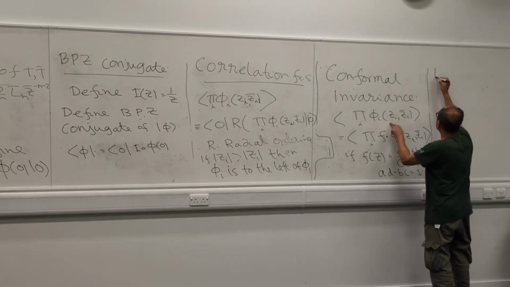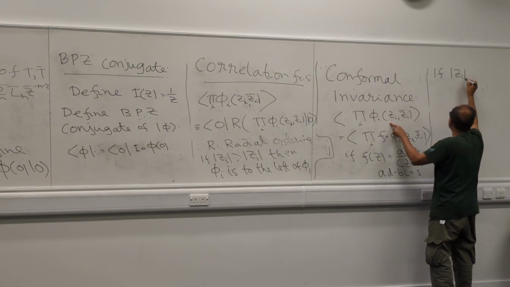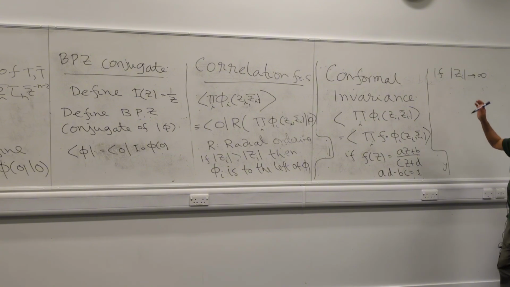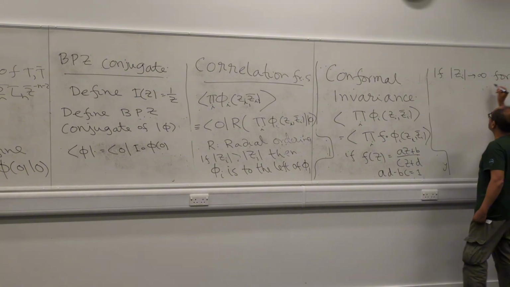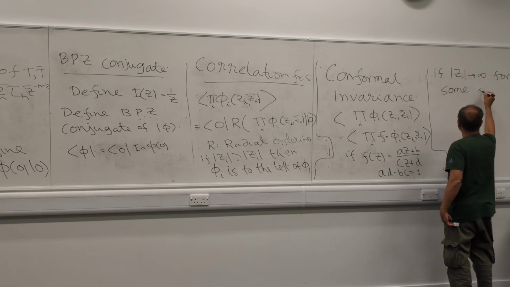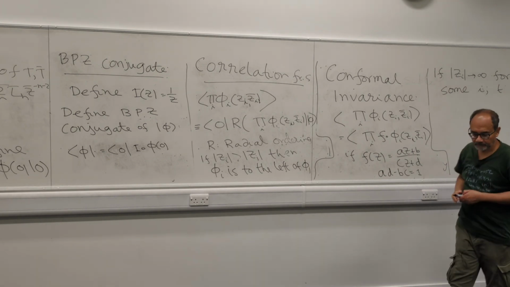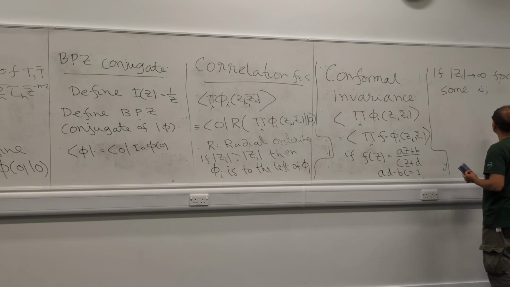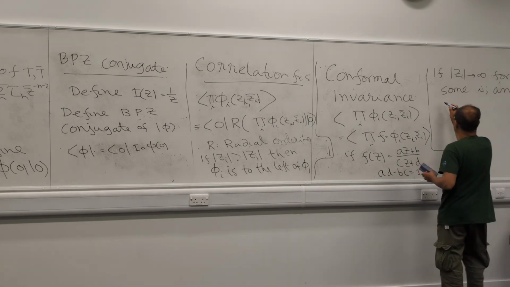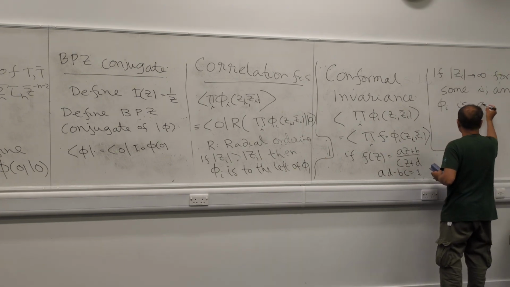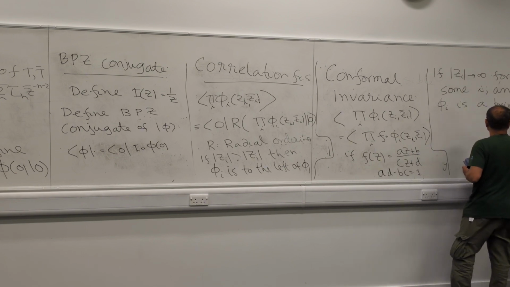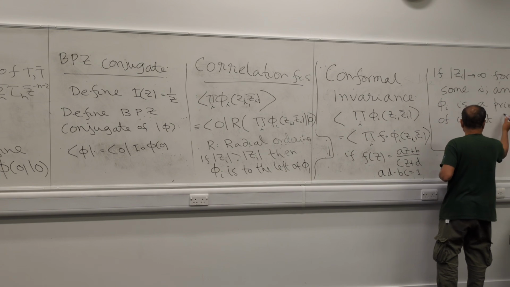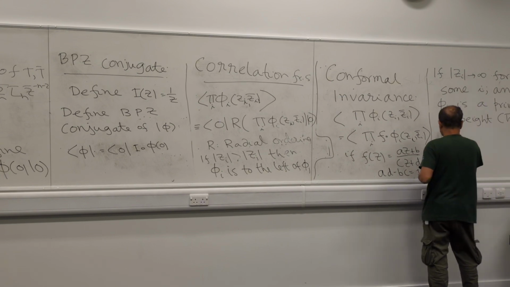In this correlation function, suppose mod Zi goes to infinity, so you take one of the Zi's to be very large, for some particular i, and phi i is a primary of weight h bar, h, then